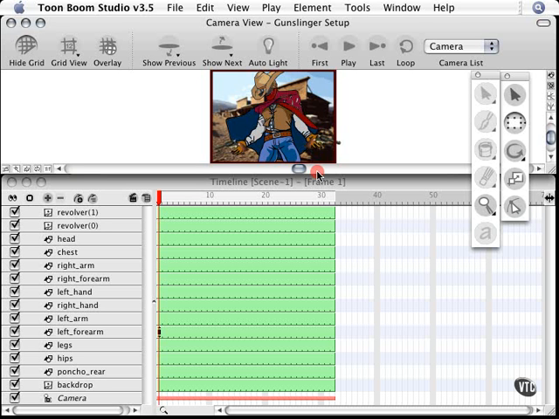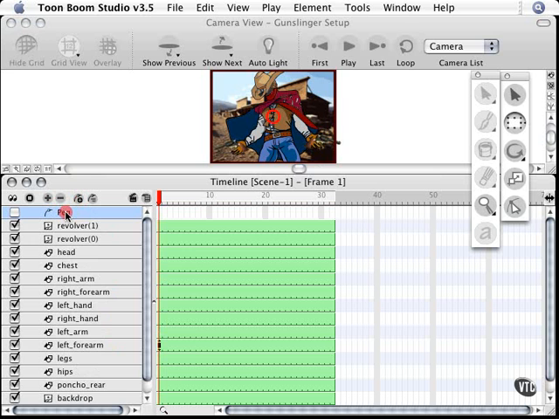What we need to do now is build the hierarchy so that our character can be a cutout puppet. And the most important thing when you're building a hierarchy is establishing the parent. So what I normally do is create a master peg so that all the elements will be parented to it, which means that if I move the master peg, everything attached to that peg, including all the children, will move at one time. So what I'm going to do is add a new peg by clicking this button right here,